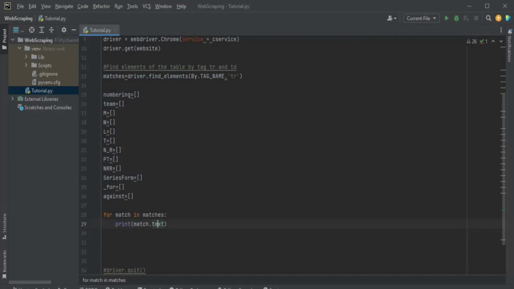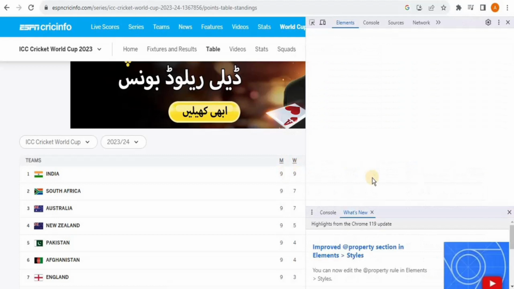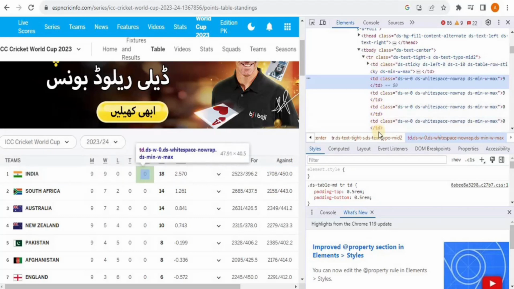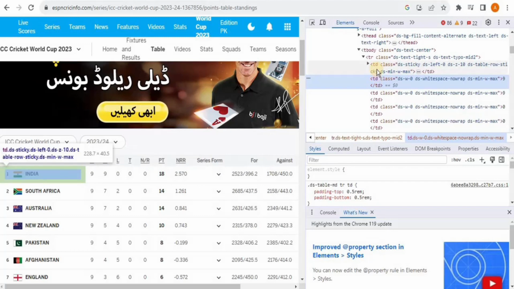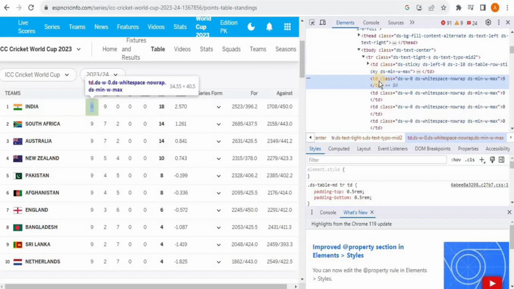So now let's go back to our website and once again, I am going to inspect it to see the code. Okay, so you can see that as I've discussed earlier, inside each tr tag, we have 12 different td tags. So let's say that if I want to get this td tag, which is in the second number, okay, so there are total 11 td tags because this one comes with the team name. So let me go ahead and change it. So here I'm simply going to remove this numbering list. Okay, so I was saying that if I want to get this td tag which is on the second number,